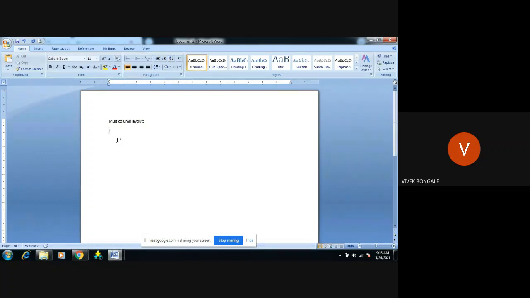How to create the columns? As I said, we can create the columns. Not only the columns, we can also change the position of the element. We can float the elements. What I'm trying to explain here is that in creating a multi-column layout, we're going to use the position property and the float property. We can create the columns by using the position property, and also by using the float property.